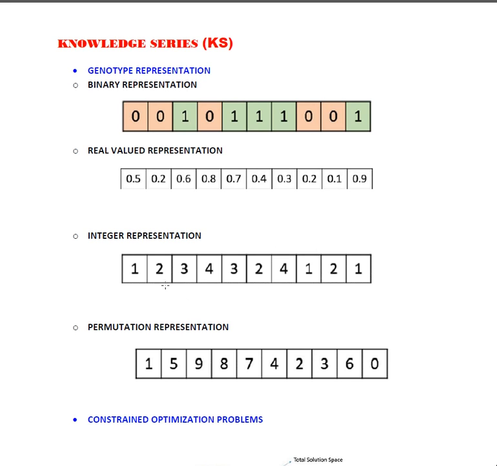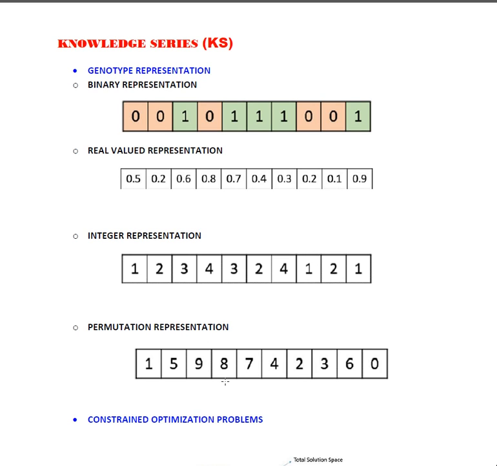So we can represent 1, 2, 3, 4, 3, 2, 4, 1, 2, 1, like that. Say for example, east, west, north, south, then like that we can represent different zones, depending upon the x, y, north, south, east and west